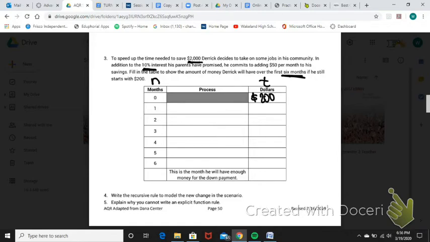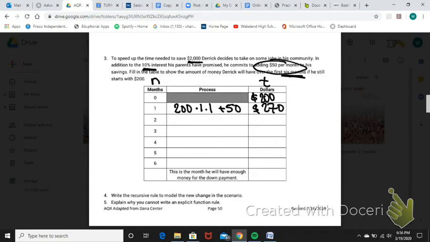So after that first month, he's going to have that $200, and it's still going to be multiplied by that same exponential growth function that we came up with, 1.1. So that's the interest that's going to get paid there. Now what's different this time is he's adding $50 per month. So we're going to have plus 50 right here. This is just something we've got to plug into our calculator: 200 times 1.1, and then we're going to add $50 to that. So when you do that, you're going to get